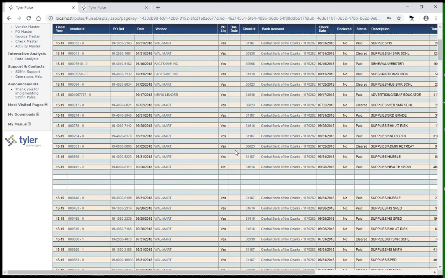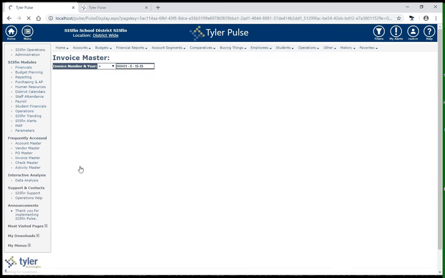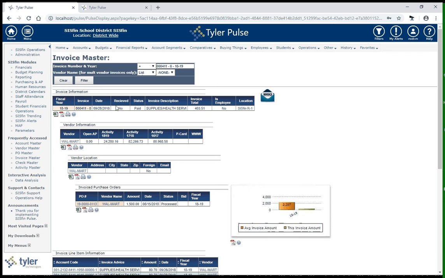However, if I come down, and I'm going to pick this one since this invoice has multiple lines, and drill to the invoice master record by clicking on it. And I could also drill to the PO master behind it, to the vendor master, to the check master, or to the bank account that the invoice was on from here. But going to the invoice master, which is the second screen on the menu, we see a summary of that